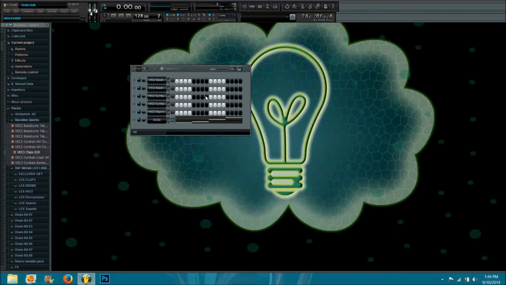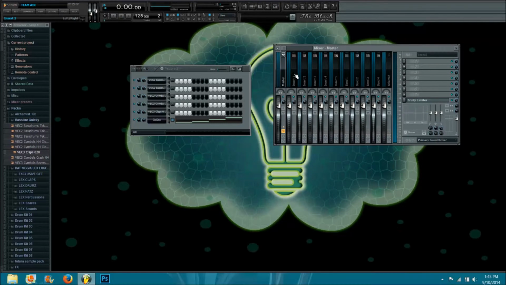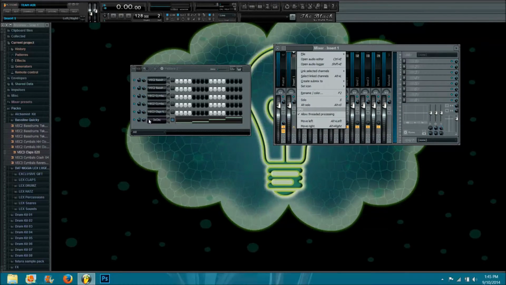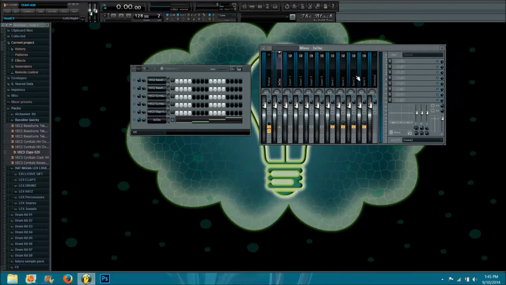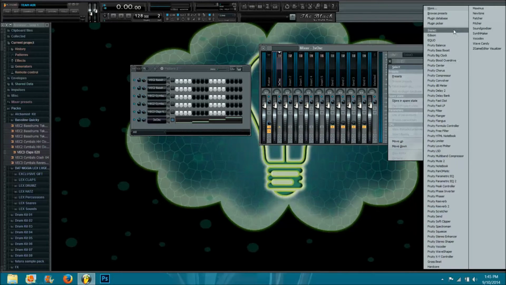Okay, so once we got that set up, cool. Let's go ahead and bring in our mixer. This is where all the magic happens. Make sure the 3x oscillator is selected and go ahead and bring it into the mixer. Now there's tons of plugins that you can use to tweak the sound, but again, for the sake of time and the video, we're going to be working with Gross Beat specifically,